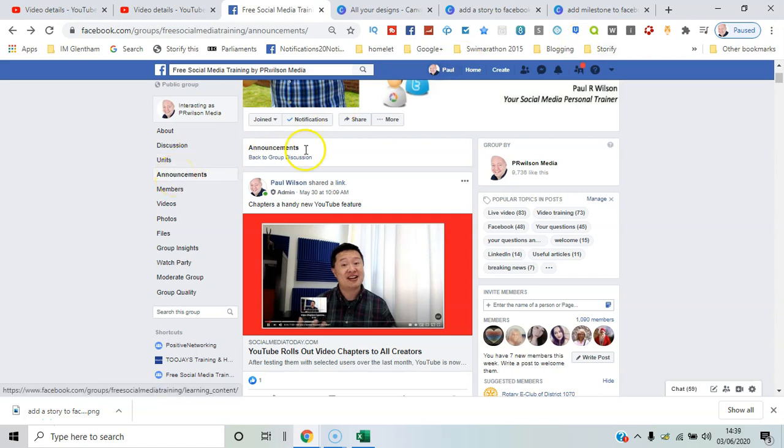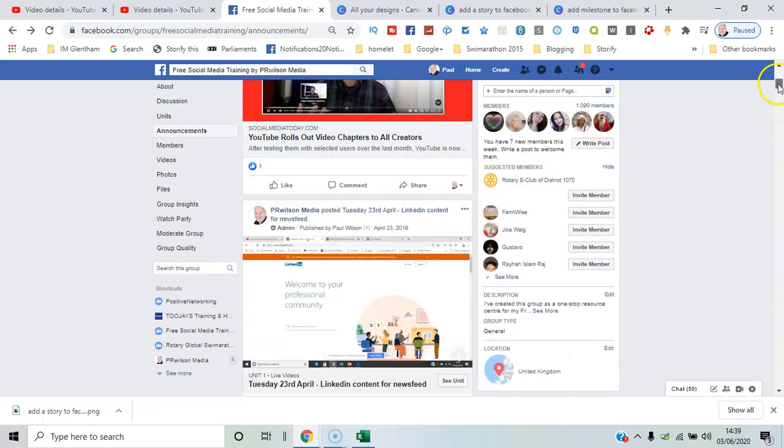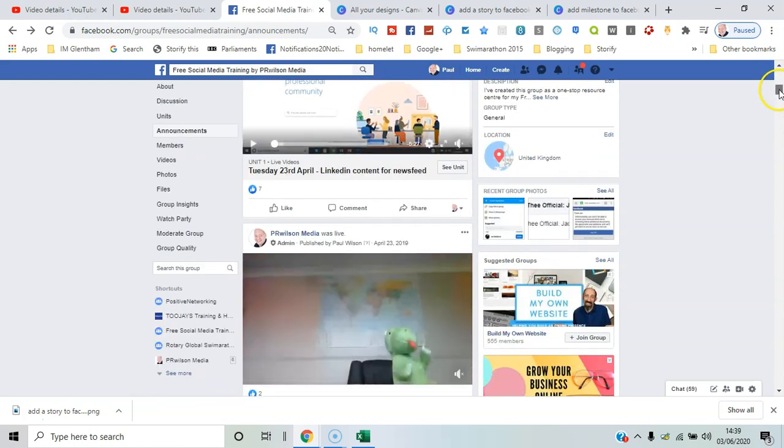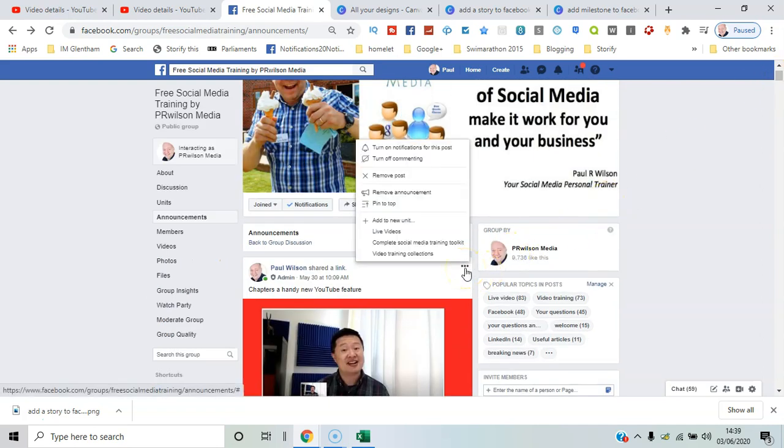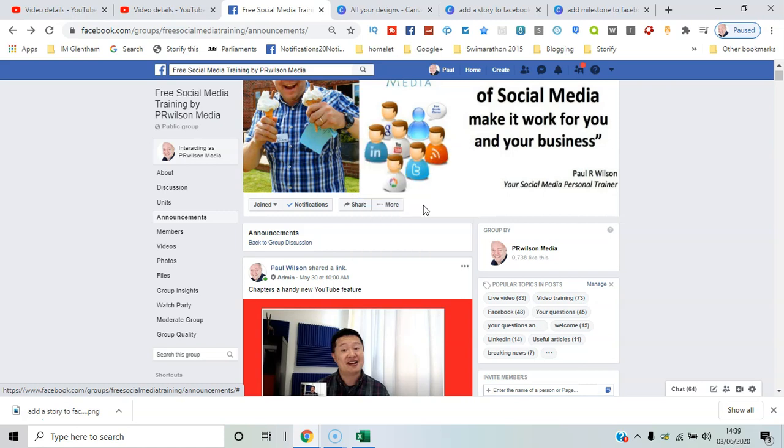Here we go. So here we are in my free social media training group, and under announcements on the left hand side I can see a collection, if I scroll down, of different announcements that I've put to the top of the page. Now, if I go to one of these, I click on it, I can remove it as an announcement, and I can also pin it permanently to the top. You can only have one announcement pinned to the top at any given time, but there's no limit on how many announcements you can have. So I'll say pin to the top for now,